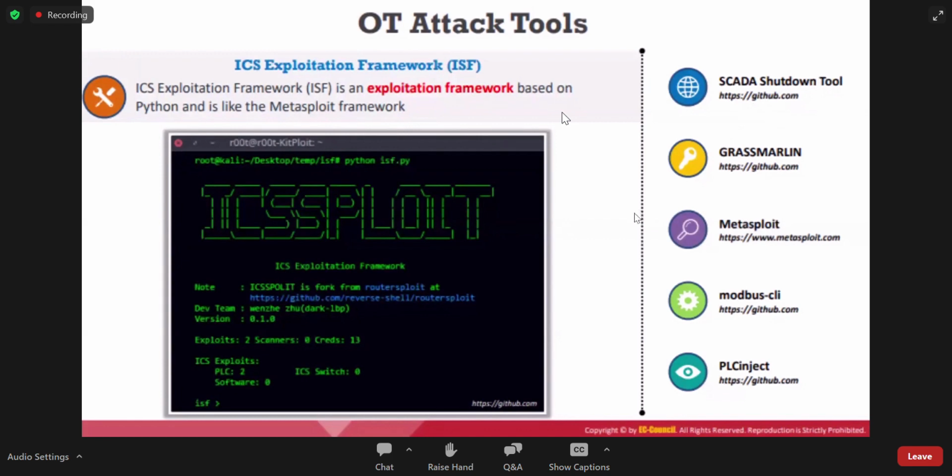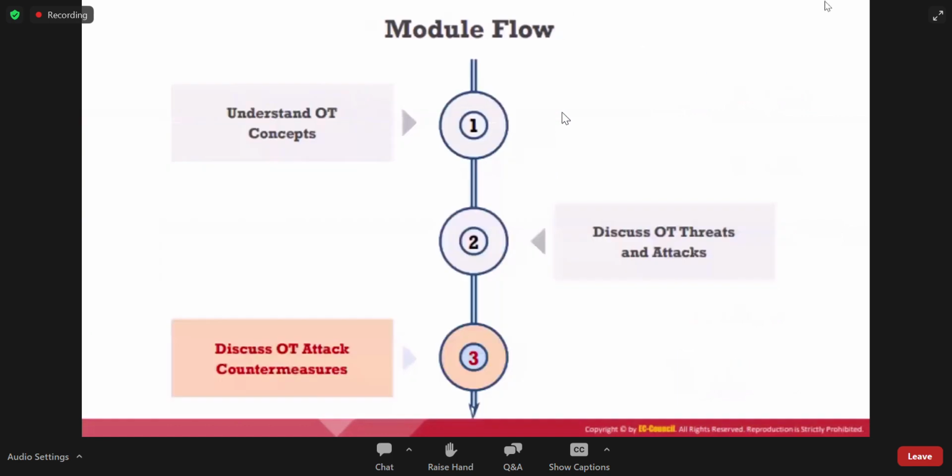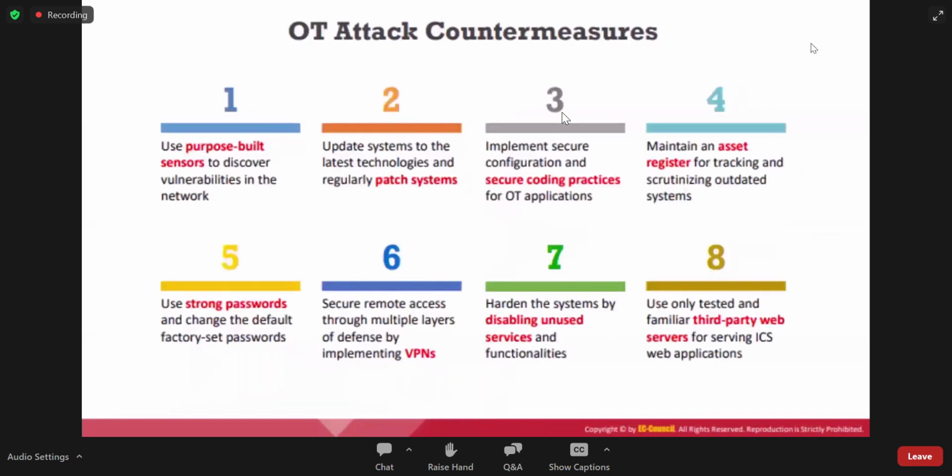Actually, we don't need to take a whole PC. We can easily implement it on a Pi circuit, and we can easily start the attack from there. You don't even need a Kali machine. We just need a Linux based machine installed on the Pi device itself. What are the countermeasures we can take?